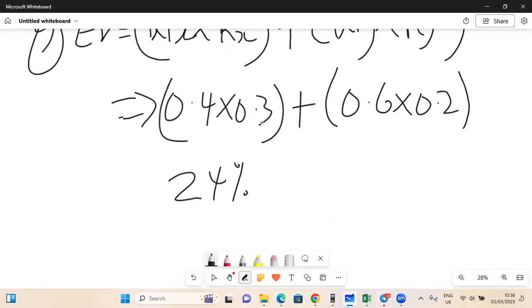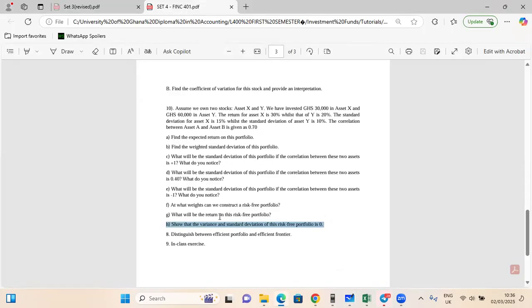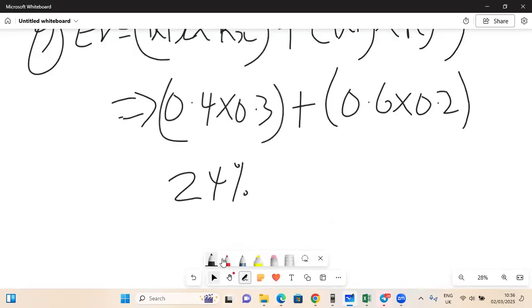So we are just going to maintain the same returns that was there. So just imagine you are constructing a risk-free portfolio that will not have any risk, and then you are getting returns of 24%. Hey, we are using the same returns here. Portfolio that will not have any risk, no loss. Wow, so see, we are using these returns here. All right, so now let's go to